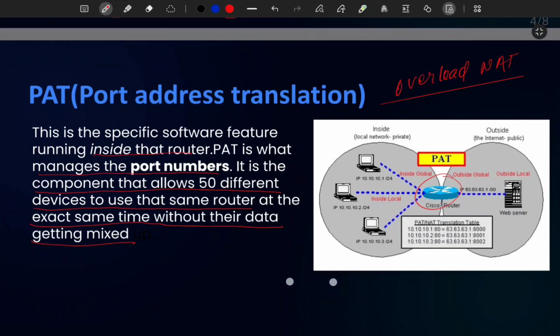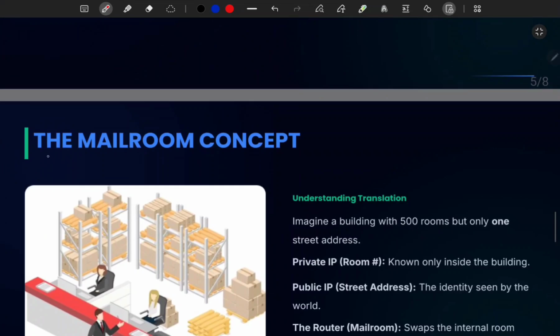After that, there is the mail room concept. Okay, so here you will understand exactly. Actually, we are in a big building, like suppose you are living in a very big apartment complex. You could not keep your room number directly on your door. Okay, it is not under the rules and regulations. Like in a PG or a hostel you can do that, but in a big society there are 500 or 600 apartments at one address.